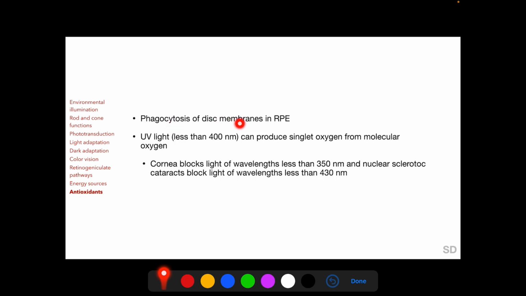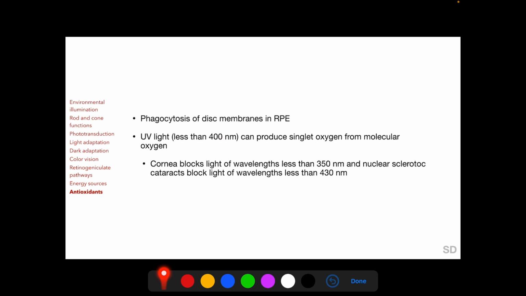Phagocytosis of disc membranes in the retinal pigment epithelium also generates these reactive oxygen species, and UV light to which the retina can be exposed can produce singlet oxygen from molecular oxygen. We may note here that the cornea is able to block light of wavelengths less than 350 nanometers but cannot block UV light between 350 nanometers and 400 nanometers. But upon development of nucleosclerotic cataracts, wavelengths less than 430 nanometers, which includes all UV light, are blocked from reaching